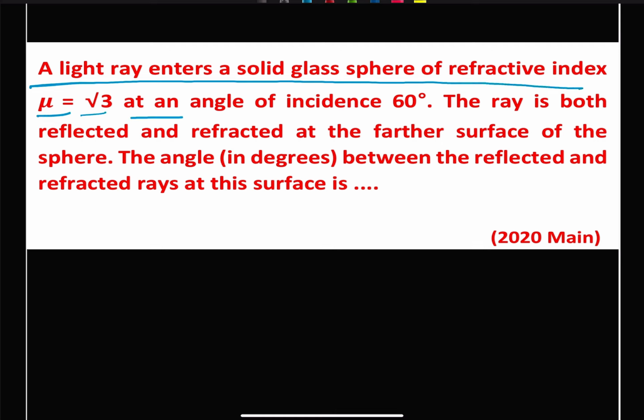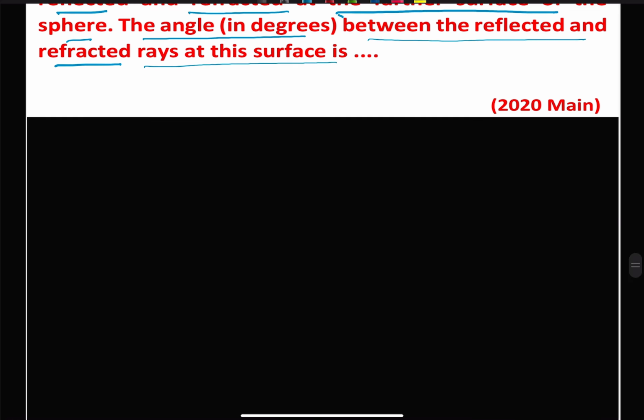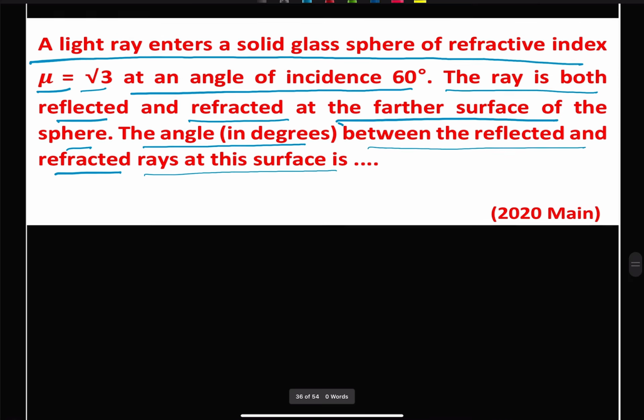at an angle of incidence 60. The ray is both reflected and refracted at the farther surface of the sphere. The angle in degrees between the reflected and refracted rays at this surface is. So for this we can draw an approximate figure. So we have a solid glass sphere. So this is our solid glass sphere,